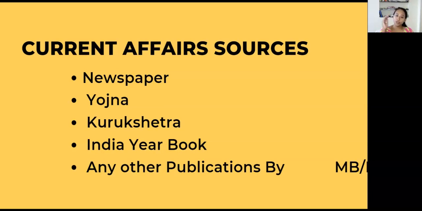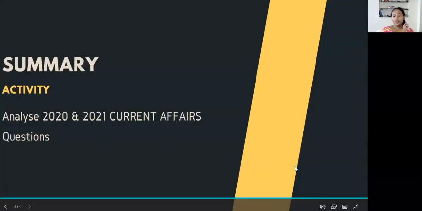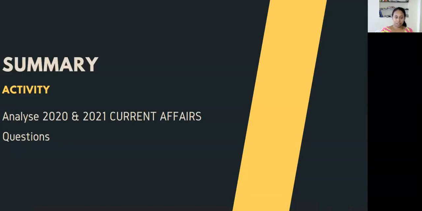Okay. Now, what I want you to do today is to analyze 2020 and 2021 current affairs. Now, as I told you yesterday, see how many questions have been asked in current affairs. Okay. And what you are going to do is, note the question number and write down what topic has been asked in current affairs. It may be hardly 30 or 40 questions in current affairs, right? So if there are 20 or 30 questions in the previous 2 years, write down the topic that has been covered